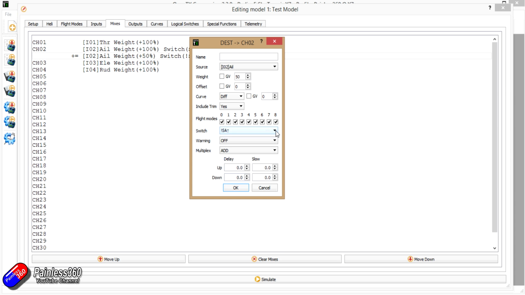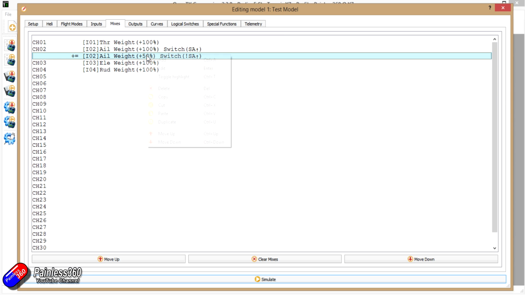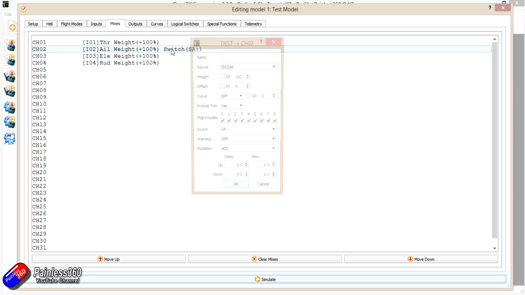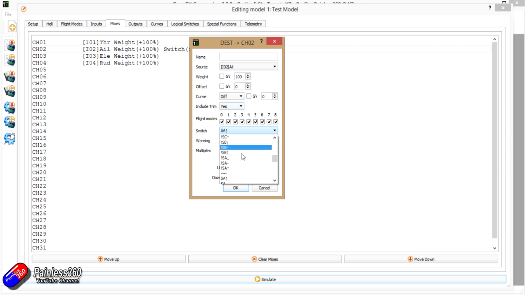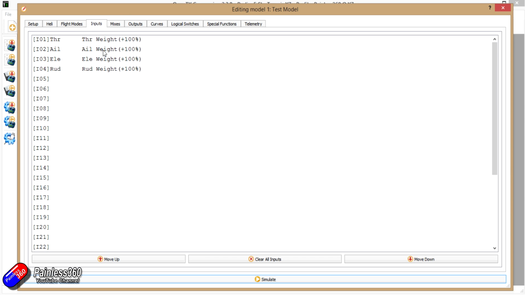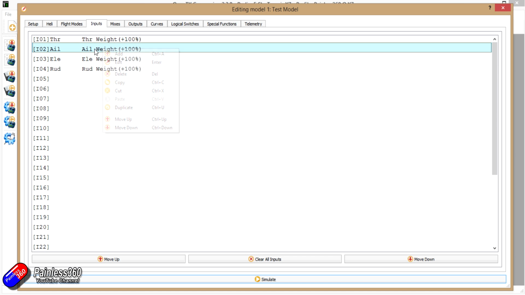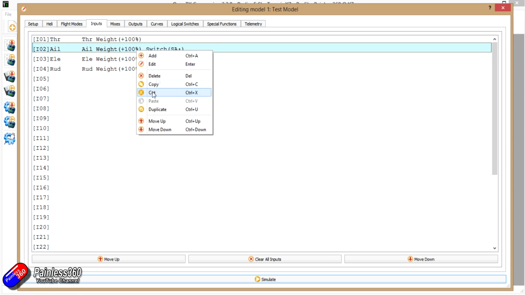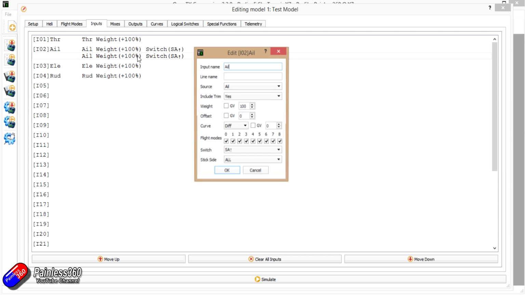So I'm going to delete actually the second row. Let me just right click, say delete, get rid of that switch completely because we want it on all the time. There we go, standard set of outputs. RC DIY was talking about putting it on the inputs. So here, double clicking on aileron weight, and then say that the switch, this is turned on where it's on SA, duplicating that, and this time doing all the mixes,